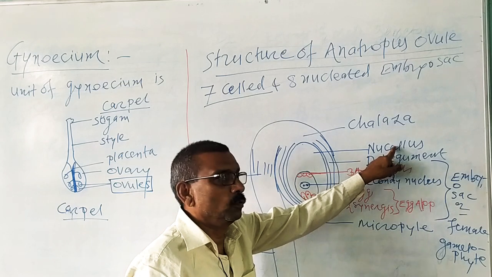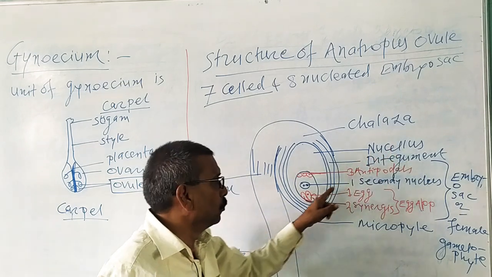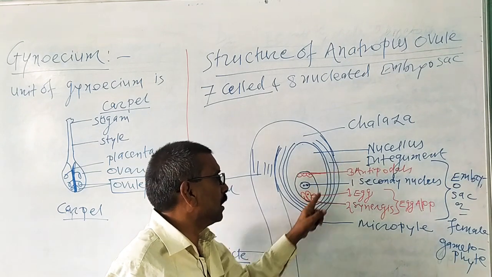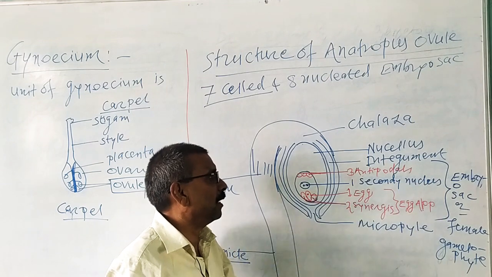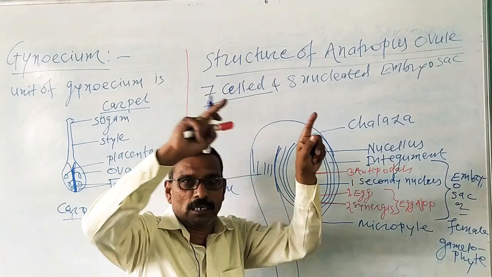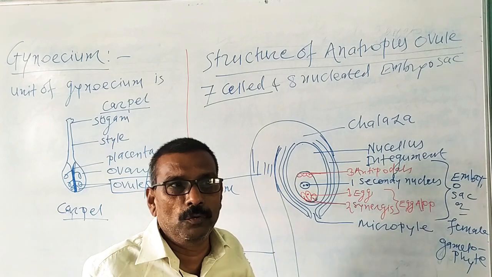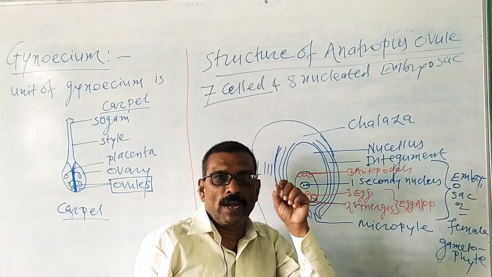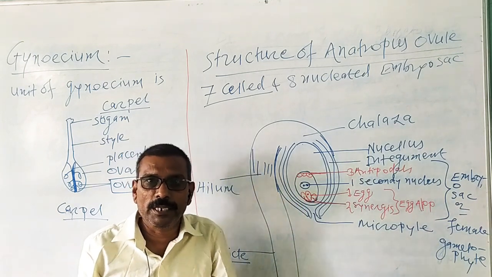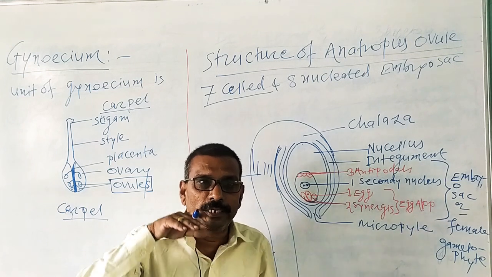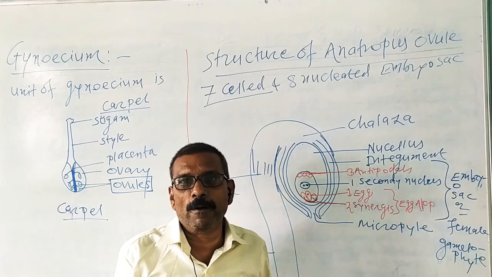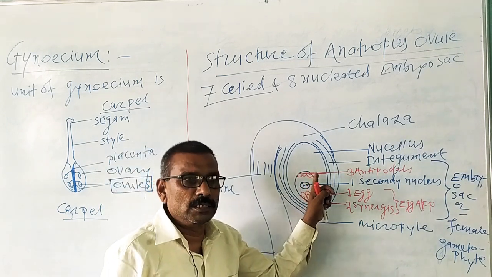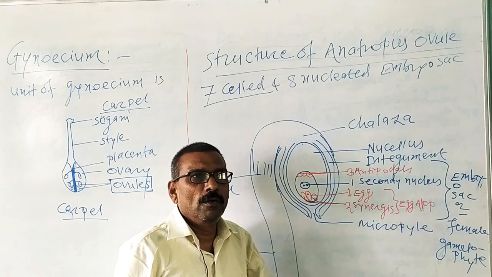Then next one is nucellus. Nucellus at maturity produces embryo sac towards the micropylar end. Then integuments are the covering of the ovule and they are protective in function. Then next one is the micropyle. Micropyle is the opening present at the tip of the ovule, hence it provides entry to the pollen tube inside the ovule for the process of fertilization.